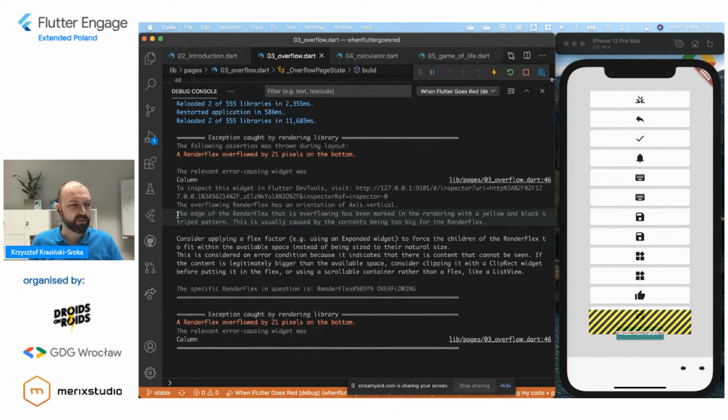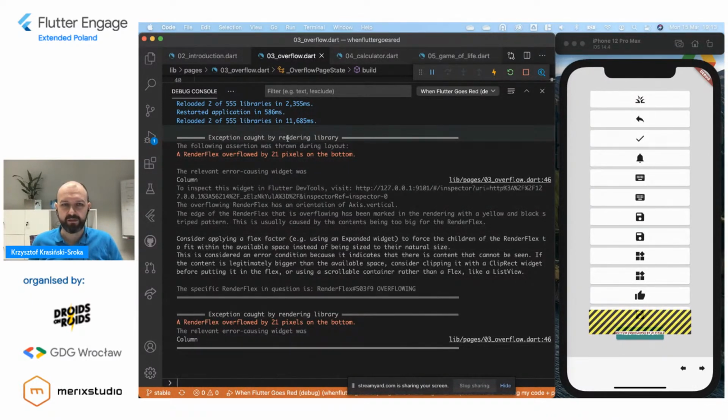But these messages are very carefully crafted to actually pinpoint what the problem is and show you the possible solutions. So if you ever ask for help, please do first check if the logs on the debug console, or wherever you actually have them, contain anything like that.